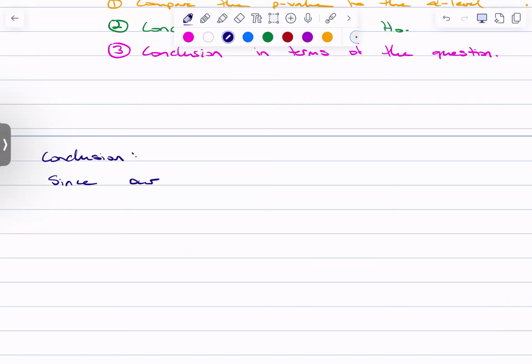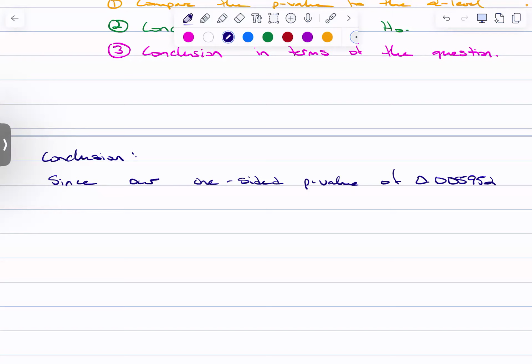This is where you get to showcase all the things that you know, right? You're not incorporating anything new, you're just stating it all as a conclusion. So since our one-sided p-value of 0.005952